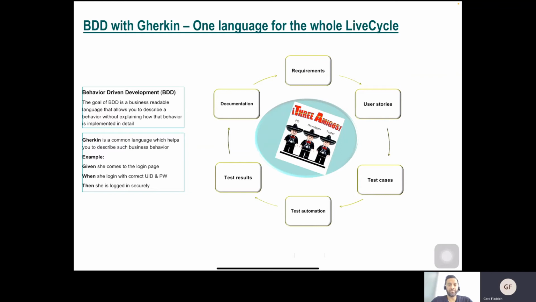So the whole circle you see here is all the time the same language and describes all the time the very same thing. That means when you print out all your test results at the end, you will have a complete documentation. It's not always perfect, but it's close. But in a perfect world, when you print it out, you will have a complete documentation of your application or of your requirement. And that's really a good point.